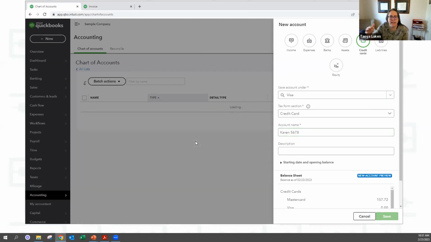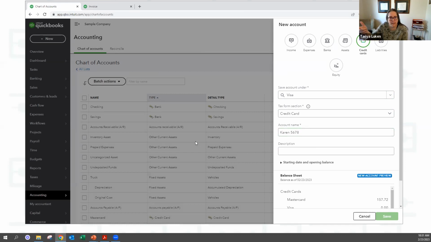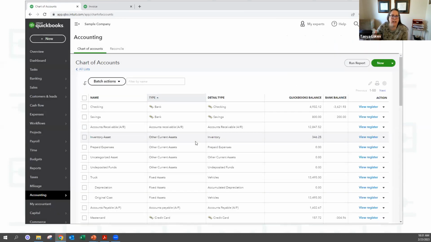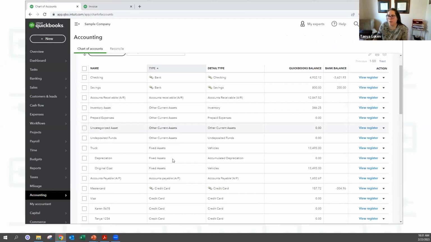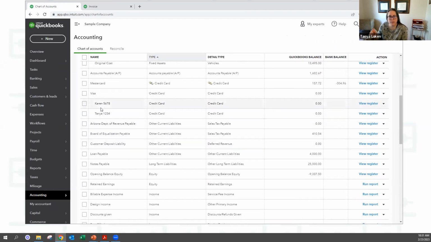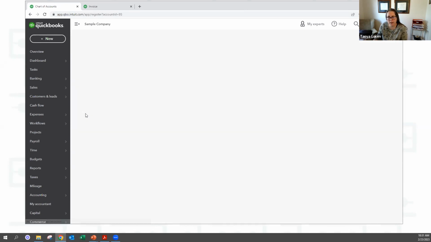So if you link your credit card, for example, and I know it happens with American Express, Bank of America, and Chase, if you have card holders under the same parent account, you're going to want to do it this way.